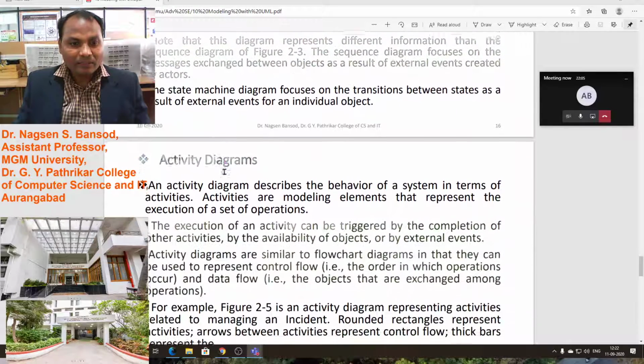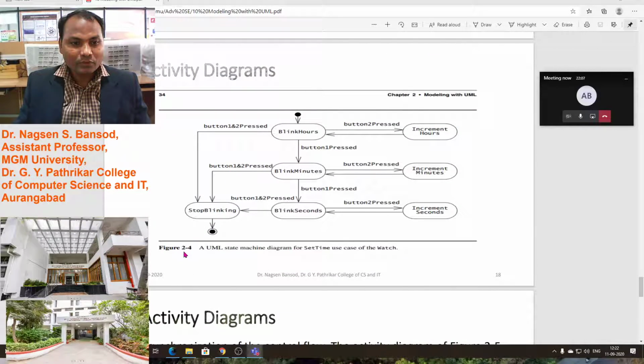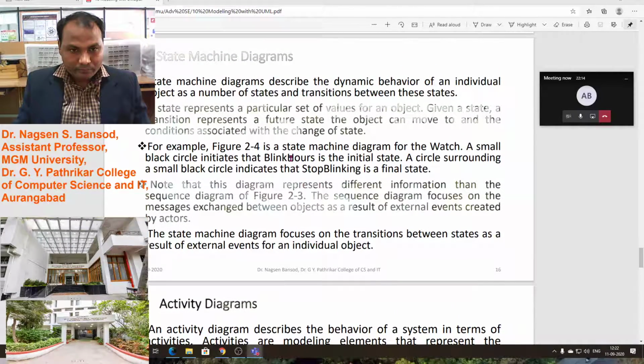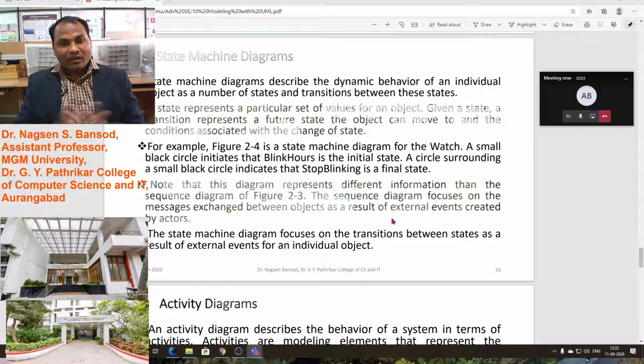For example, there is one figure shown, figure 2.4. In this, a state machine diagram for the watch, a small black circle indicates that blink hours is the initial state. A circle surrounding a small black circle indicates that stop blinking is the final state. There are two states shown in this diagram.